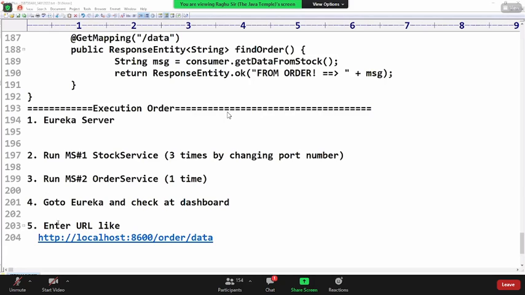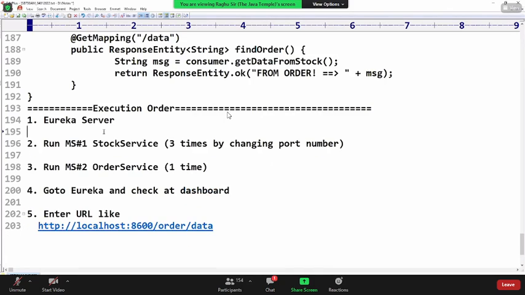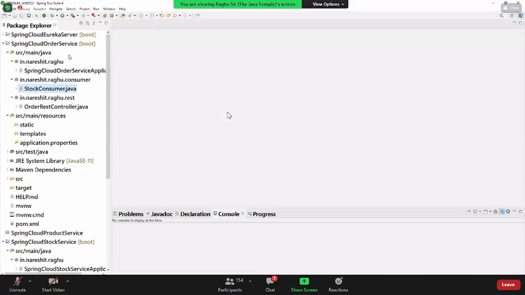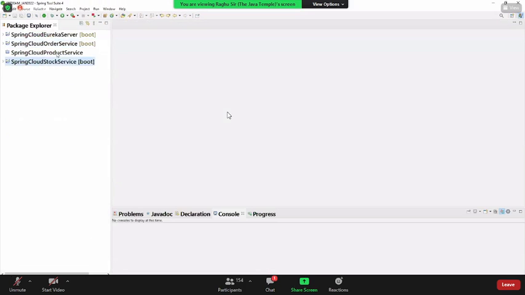Okay, to see multiple instances, go to the dashboard. I'm just running the execution here, the same process. You check it one by one, a good approach.